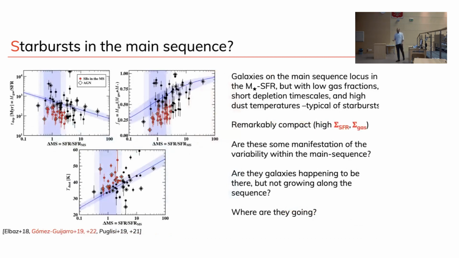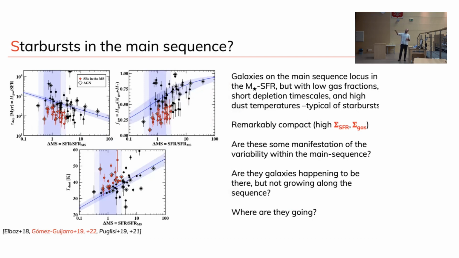Something that I was asked about yesterday by one of you: what about this possibility, starburst on the main sequence? Well, if it happens, again, thanks to ALMA, which is a phenomenal instrument that allows you to look at the structure of the galaxy instantly. This is the distance from the main sequence again. So main sequence in blue, starburst above, and this is the same in the three panels. This is the depletion timescale again. So this is what you would predict based on the main sequence, this blue band.